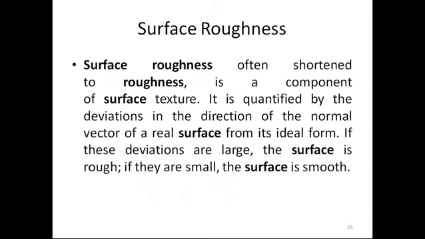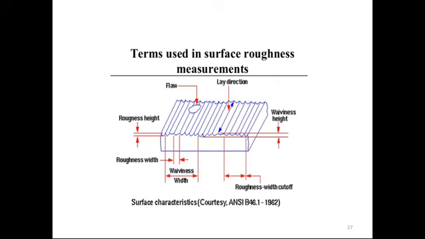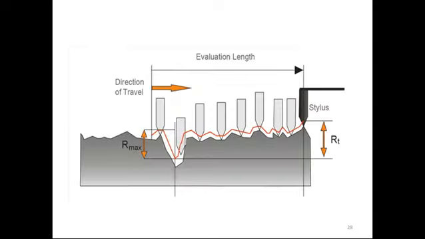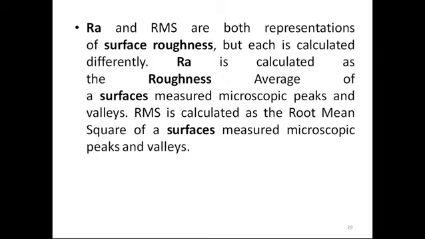Then we have started this new point, surface roughness. Then we have discussed what is meant by surface, how we are checking the surface, how many terms are included in surface roughness measurement. Then also we have seen about the evaluation length, what is meant by evaluation length, how we are selecting the evaluation length. So how we are measuring the surface roughness like RA, RMS.